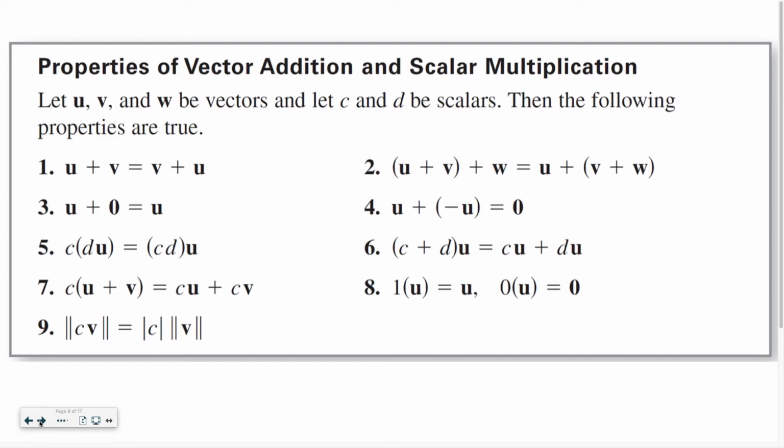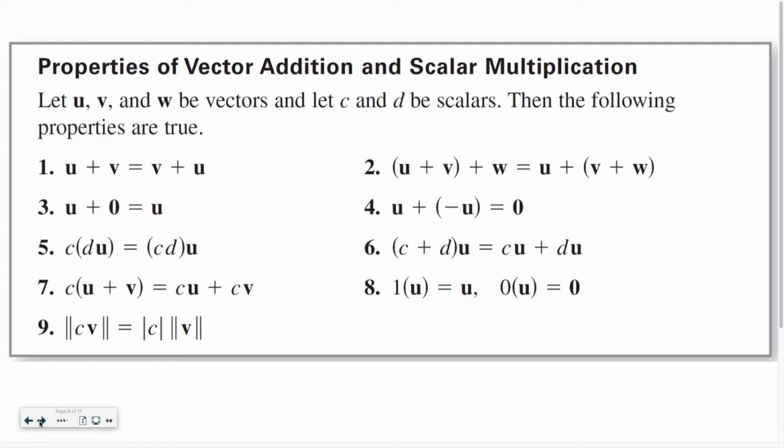Okay. I am not going to go through all of these properties with you, but just understand that we still have commutative, associative, distributive properties with our vectors. There is such a thing as a zero vector. If we add the zero vector to anything, the vector would stay the same. That kind of sounds self-explanatory. If we take a scalar multiple of 0 and multiply it to a vector,